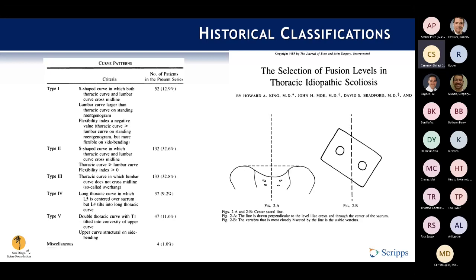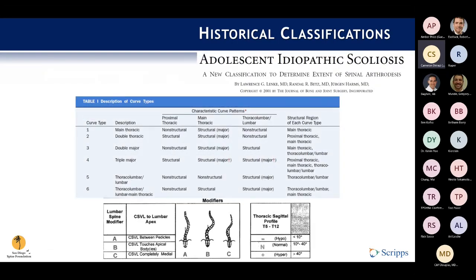The main reason why there wasn't as much of this looking into it at this time was that adult deformity and treatment of this was less common at that time than adolescent idiopathic scoliosis. So there wasn't as much of a drive at that point to come up with different classifications. So now coming to 2001 with the Lenke classification, something that